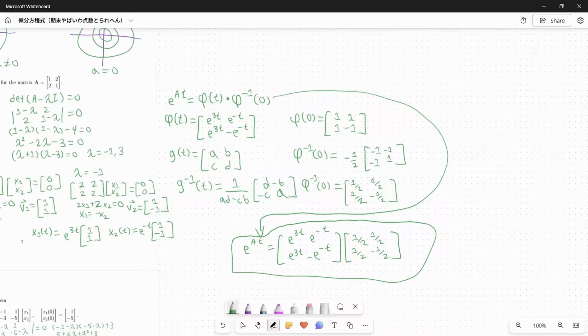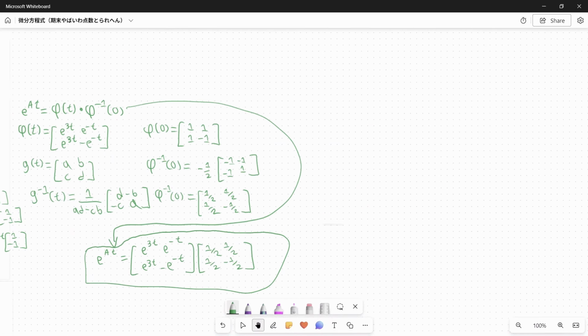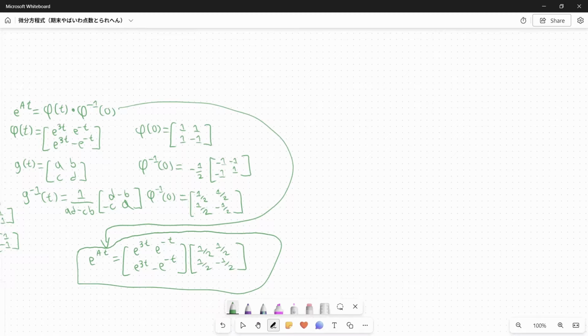Now from here, if that's all the information you want from this question, you can move on. And now I'll show you how to find the inverse the normal way, if you're curious. So let's put in our original phi of 0 over here. We're going to end up with an augmented matrix that looks like 1, 1, 1, and negative 1, and then 1, like this. And then we have to do a bunch of row reductions,